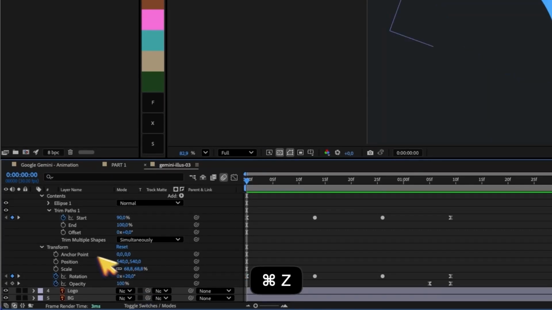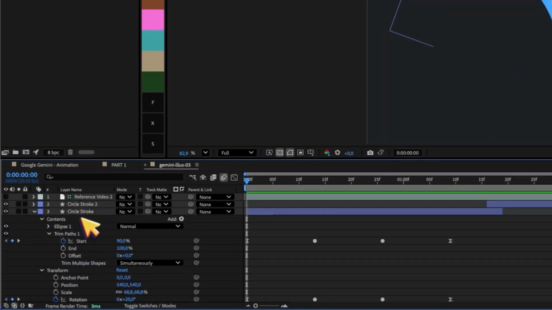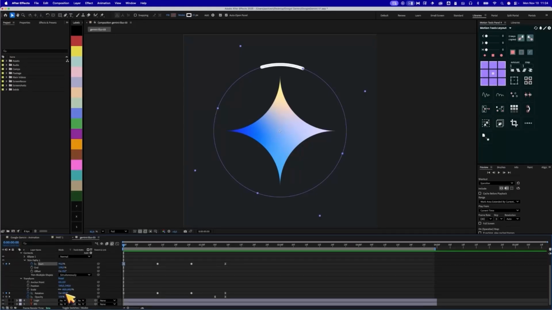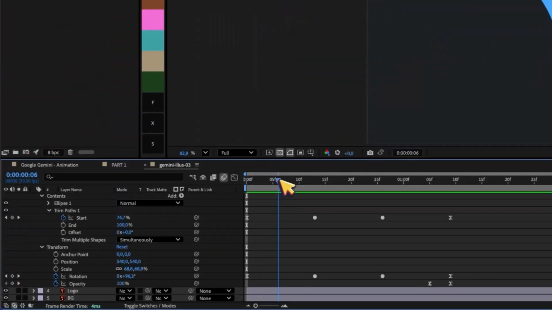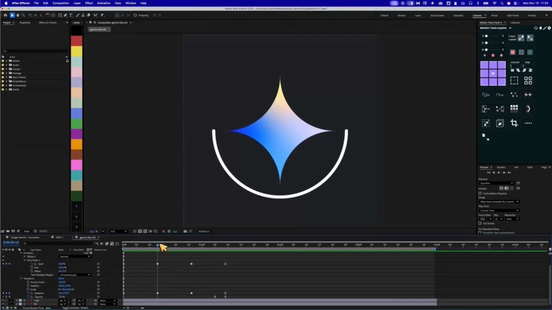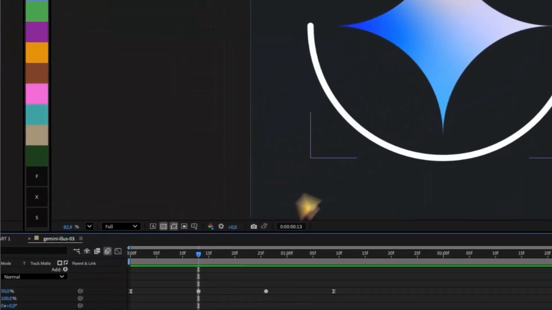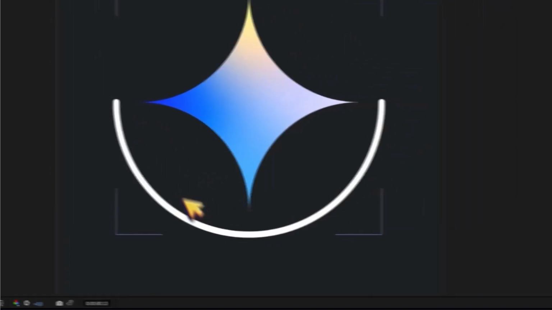And that's the child of the transform property of this circle stroke layer, right? So at 20-degree rotation and at 90% start trim path stroke, you will be having this stroke at this position. And then we move 10 to 12 frames forward. And once we move forward, you'll see that I end it right here. So we go from here and we end here where we've created kind of this half circle here at the